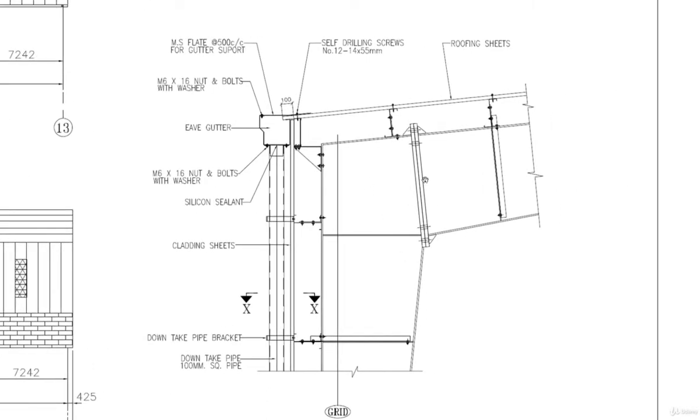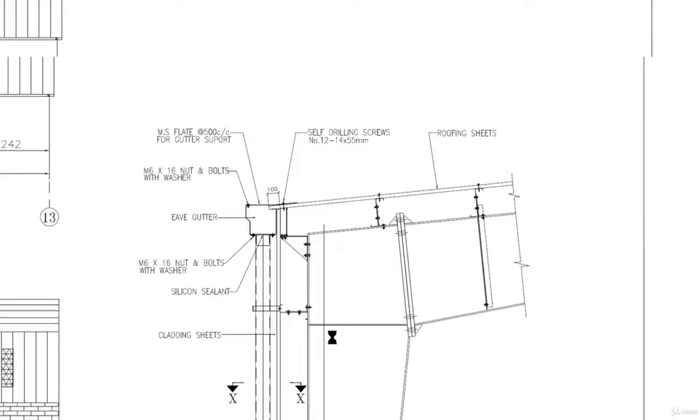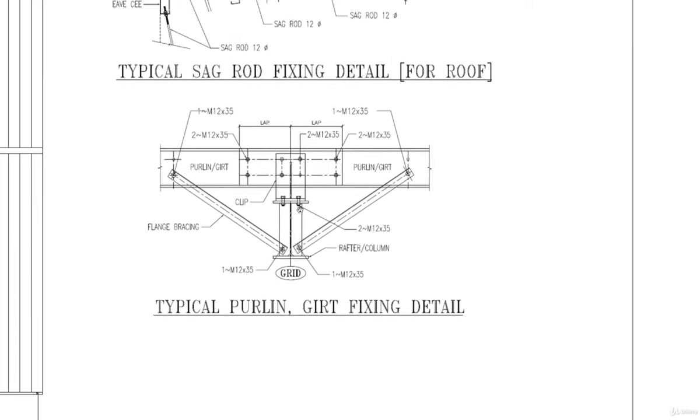This is the detailing that we do on the rafter and column junction. We provide a plate here, some stiffeners here, and some bolts here, so that 100% moment is transferred from the rafter to the column section. This is a very important detailing that we do in the PEB